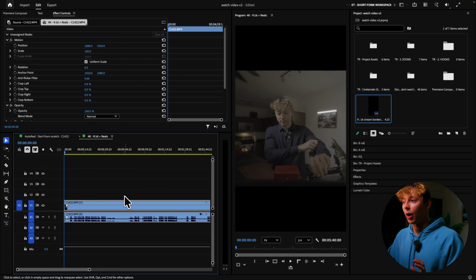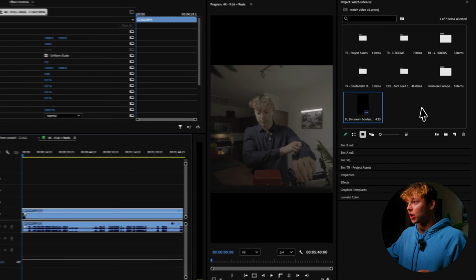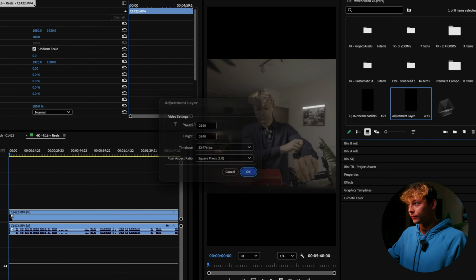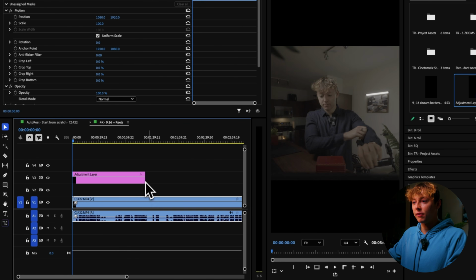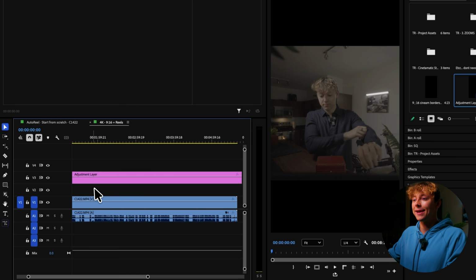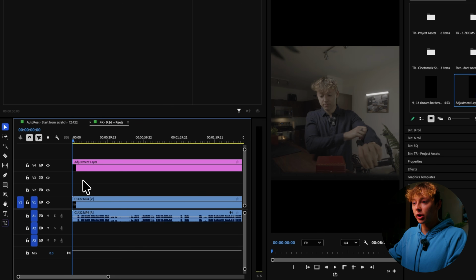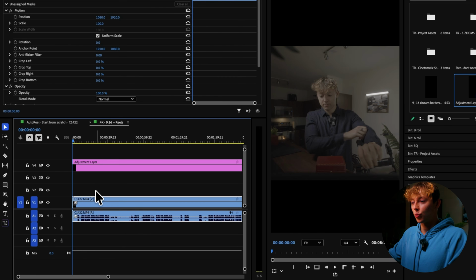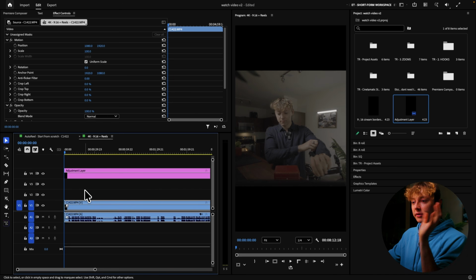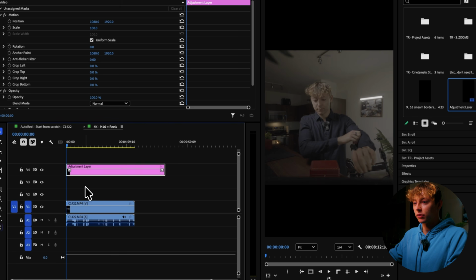Before we start cutting this video up, we need to first color grade the footage. I like to first make an adjustment layer and then put that adjustment layer one track above the entire clip, just like so. And then I like to add my color grade on this adjustment layer. Actually, let's put this up to number 4, just because we're gonna be adding B-roll on track number 3, along with this really cool cutting technique that makes your videos never stop talking and constantly flow smoothly, which I'm gonna be showing you in a little bit. But for now, put the adjustment layer at number 4, leave 2 of them in here,